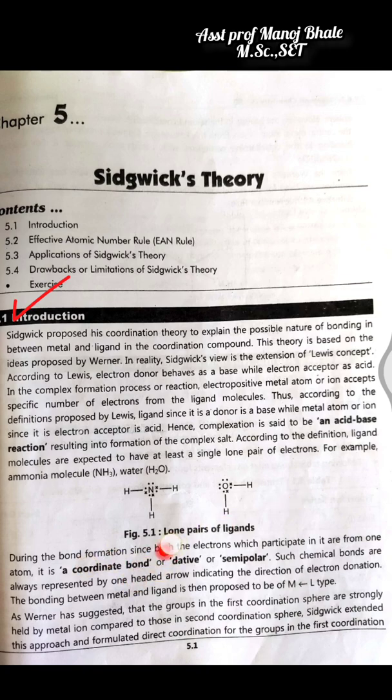During formation of the bond between metal and ligand, a coordinate bond is formed. This bond is also known as the dative bond, and sometimes as a semi-polar bond. That means there are three different names for the bond between a metal and ligand: coordinate bond, dative bond, or semipolar bond. This arrow always starts from the ligand and ends at the metal. The meaning of this arrow is electron movement from the ligand to the metal. This arrow is a coordinate bond, dative bond, or semi-polar bond.